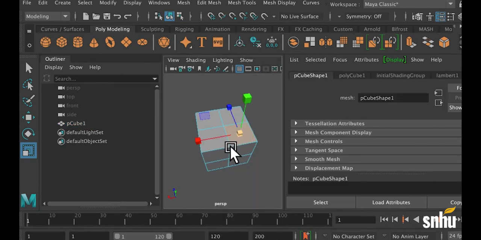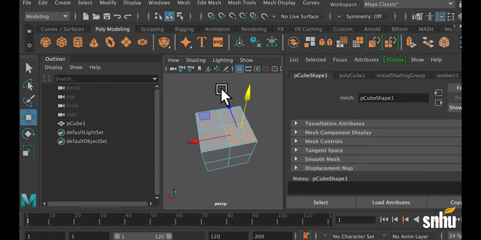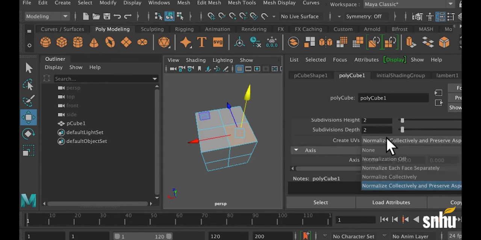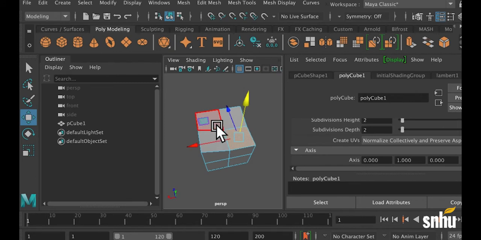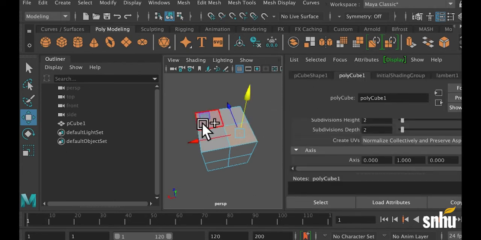Currently, as it stands, I can hold shift to select both of them, but if I use my move tool, you can see that I get some weird